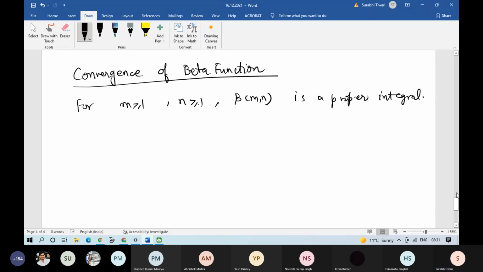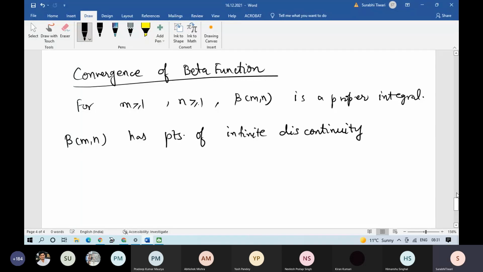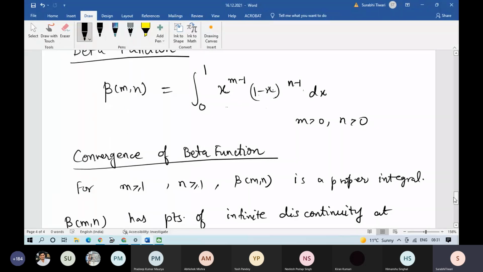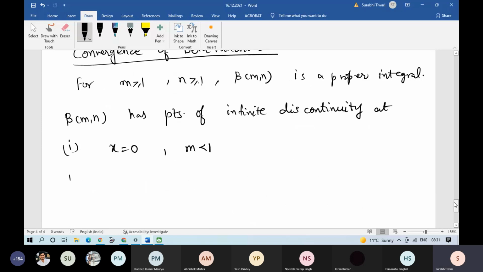So now beta m,n has points of infinite discontinuity at पहला पॉइंट x इज इक्वल टू 0 हो और m लेस देन 1 हो, और दूसरा x इज इक्वल टू 1 हो और n लेस देन 1 हो, ठीक।